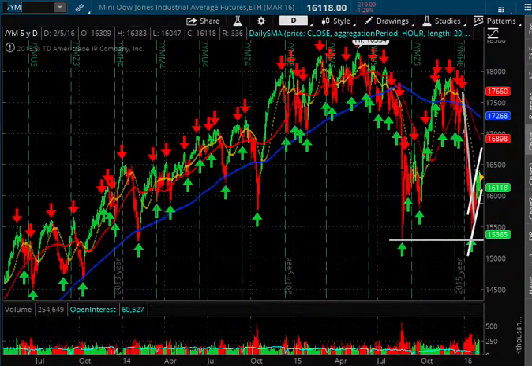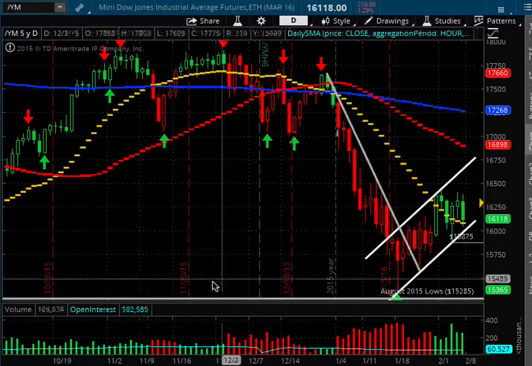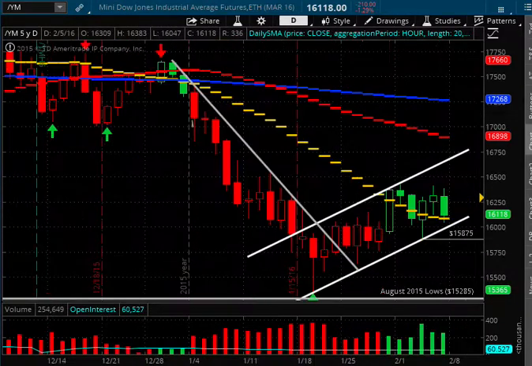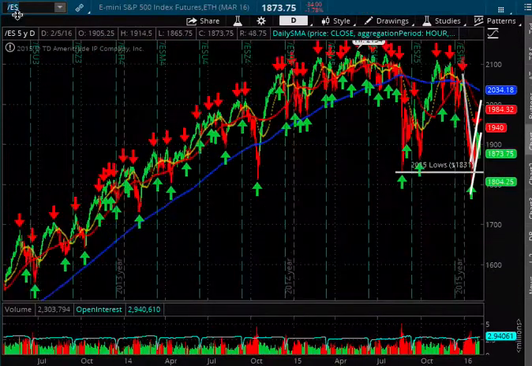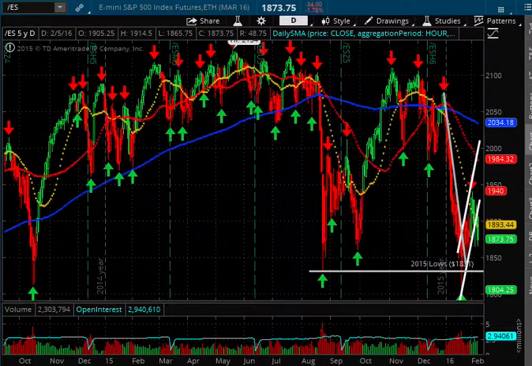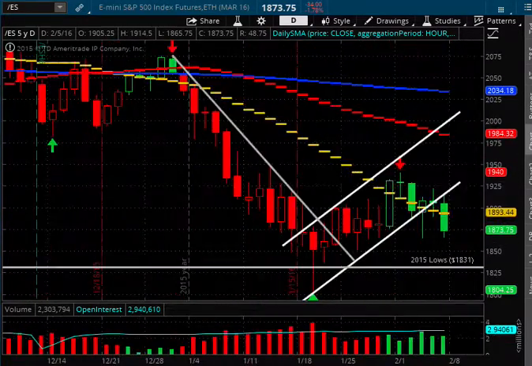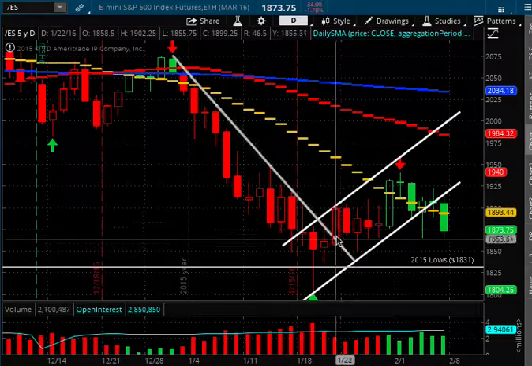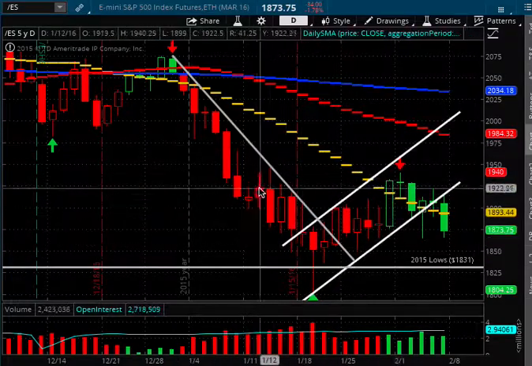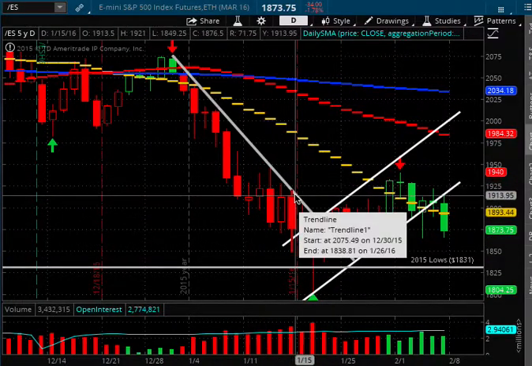We're going to look at all three charts and compare them and see exactly what's going on with the market. So let's start out with the S&P 500. Most investors use the S&P 500 to gauge where we're at, and whatever the S&P 500 is doing determines when they want to buy